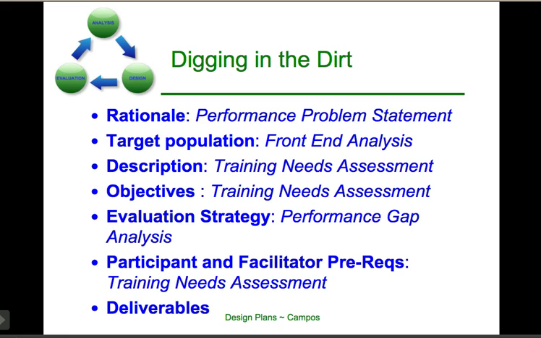One of the nice things about working through the sequence in this course, and if you have the chance to duplicate or replicate this experience in real time in the real world, is that if you work through analysis in advance of design, you have a lot of this information ready for you. So when you go to write your rationale, I recommend that you reflect back on your performance problem statement and your performance gap analysis. When you go to write your target population, you want to look at your front-end analysis,